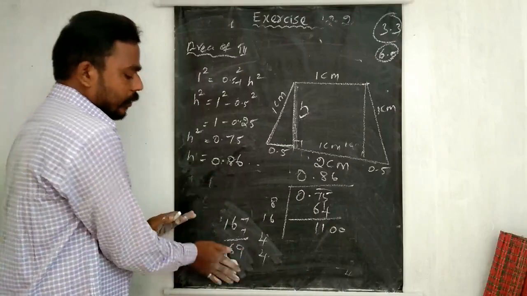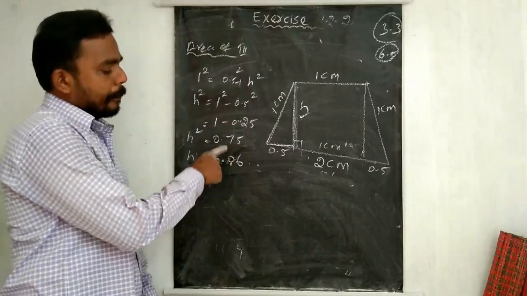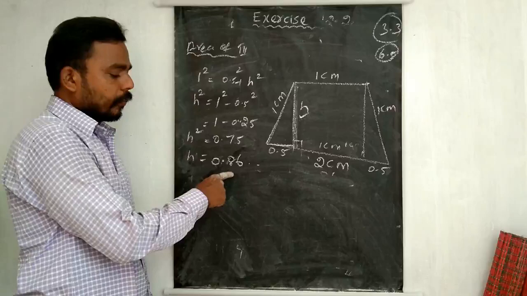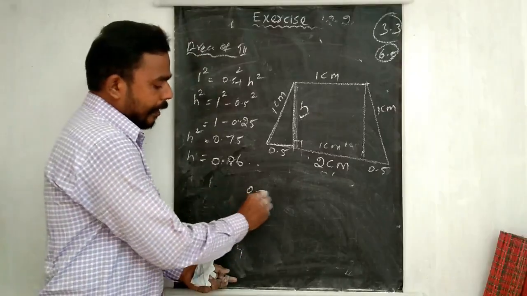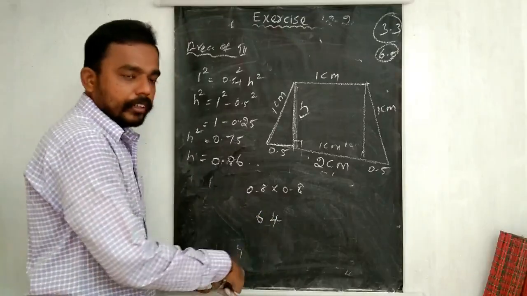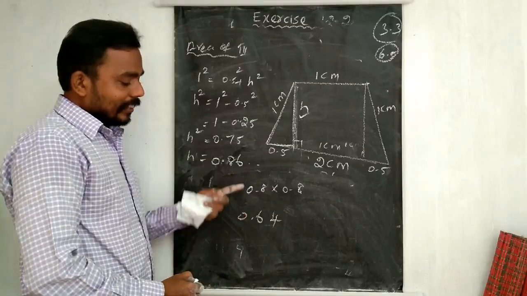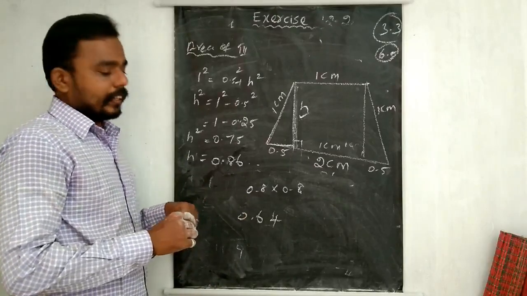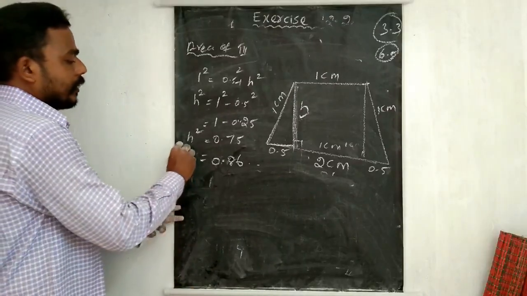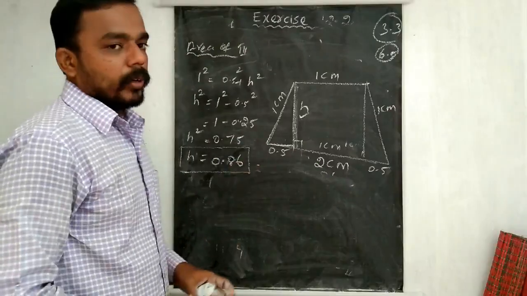Don't think about 0.7, here 0.8. We can take the square root value. This one is bigger, this is a small one. If you take the square of 0.8, what happens? 0.8 into 0.8, 8 8s are 64. The square value is less than 0.8, so don't think like that. Approximate value only we are going to find. H value is 0.8. Now it looks like a trapezium.